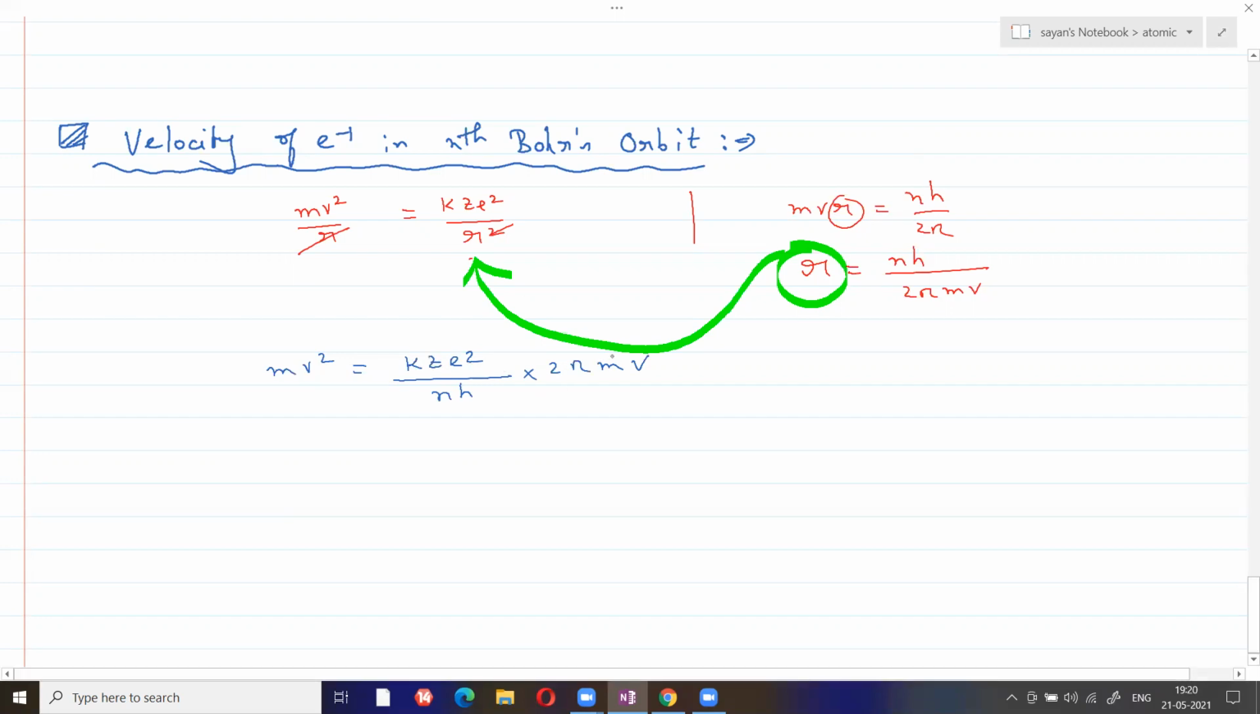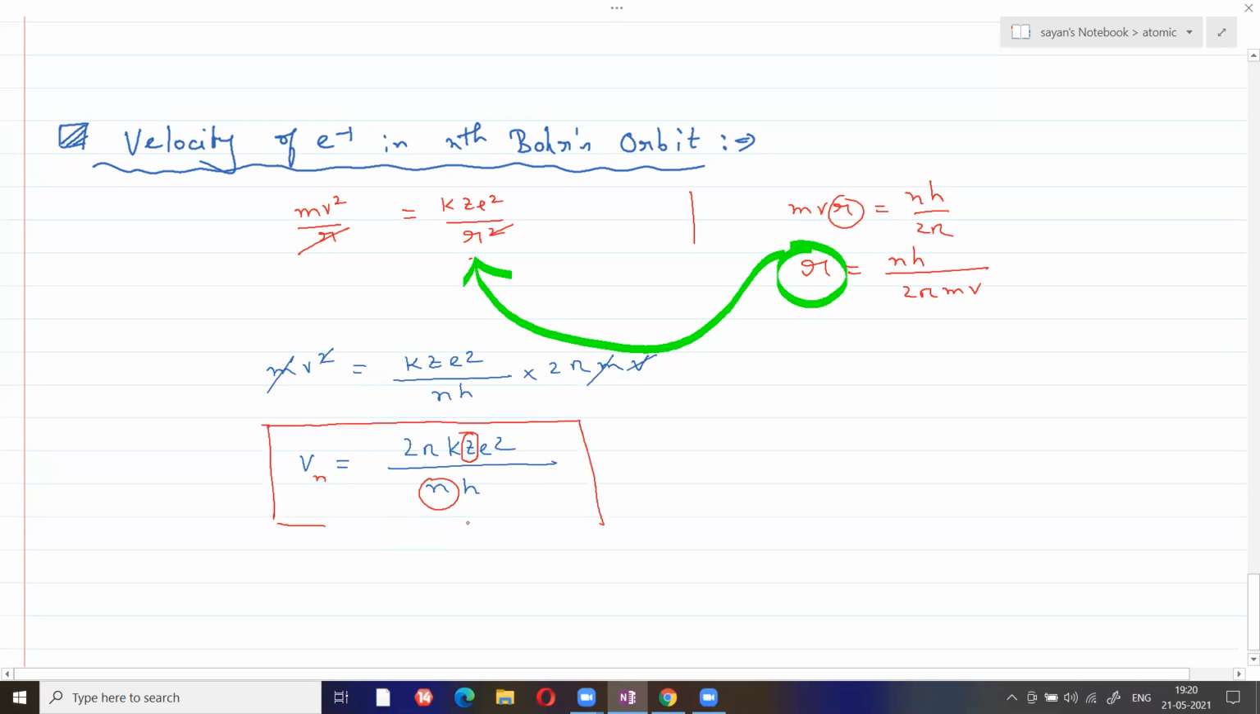Okay, now just cut down this one, this v, this v. So what will be the velocity? Velocity equals to 2 pi kz square by nh. Now look, which values are unknown? The unknown terms are basically here z and here n. Okay, so can I write this equation is vn,